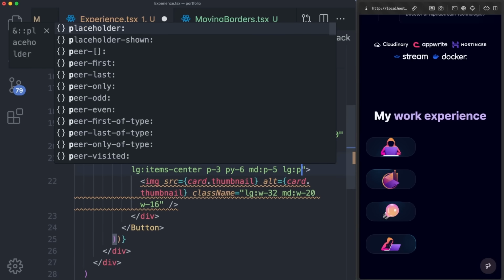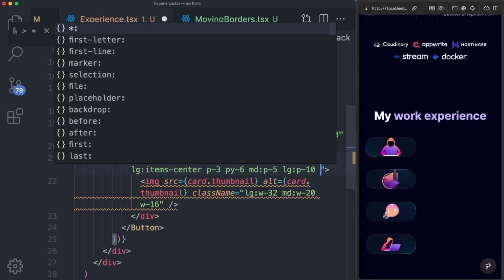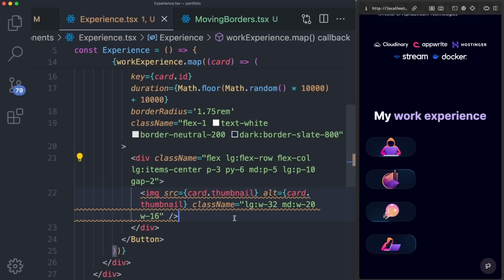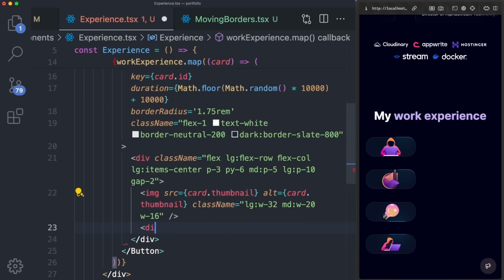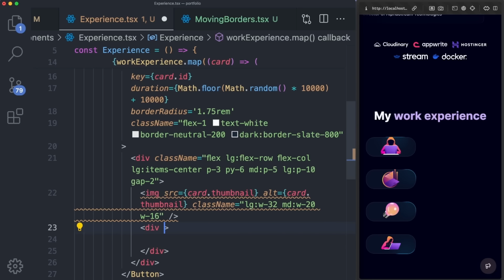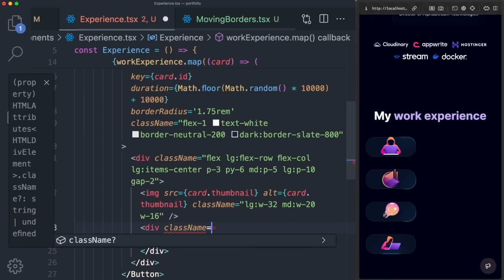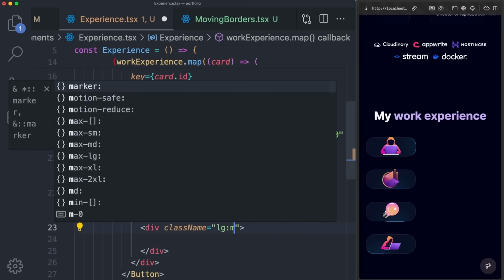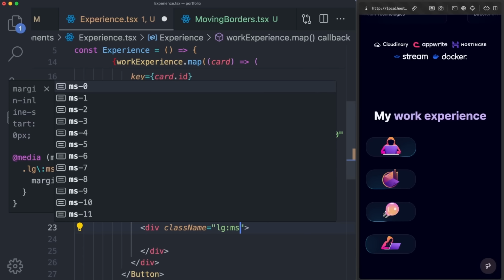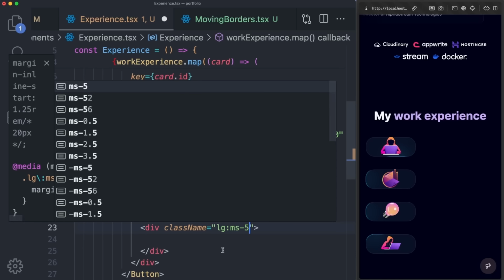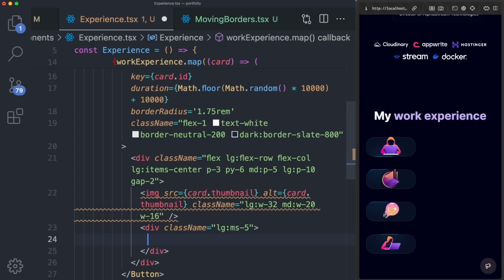On large devices, padding of 10, and always a gap of 2. This didn't do anything just yet, but as we add more elements within this div, it will position them nicely, such as this div. We can give it a class name equal to, on large devices, margin s, so that's inline start of 5, and within it, we can render an h1, within which we can render a card title,